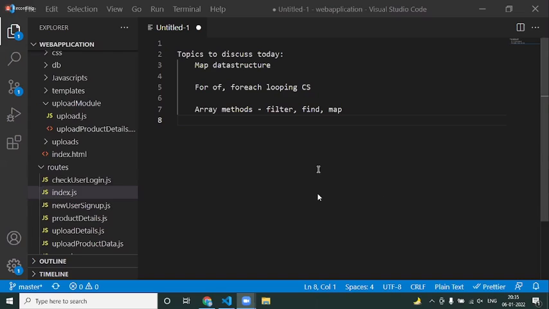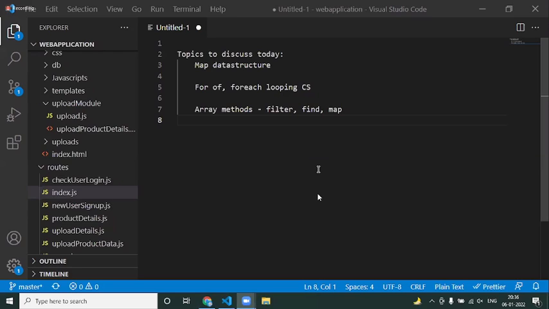So let us go with the next data structure, which we call the map data structure. Before going with the map, I hope you already got a good idea about the set data structure. The only small difference between the set and the array is unique values. We have seen how to convert an array into a set, how to find the unique values, and methods like has, set, the size property, and add.